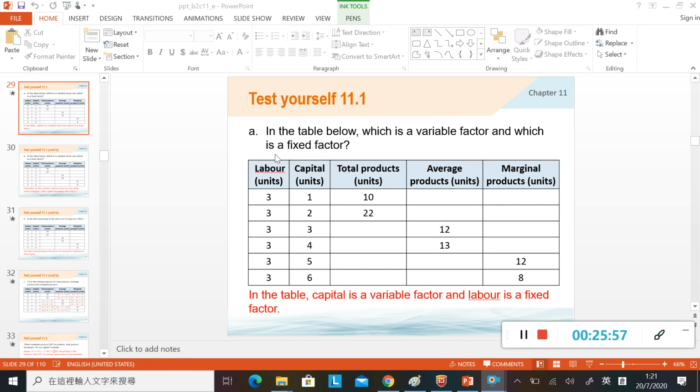好啦，咁跟住呢一度，你自己可以試下做呢一個，做完你就可以繼續睇落去啦。好啦，咁首先第一條 A 嗰度佢就問，which is a variable factor and which is the fixed factor？OK，you can see that the labor would not change with the output. So labor is the fixed factor. Okay, and the capital changes with the output. So capital is the variable factor。